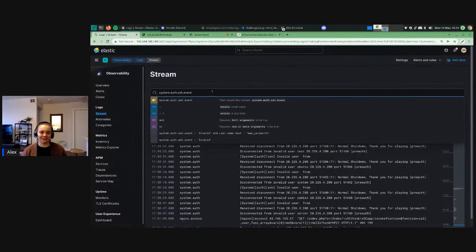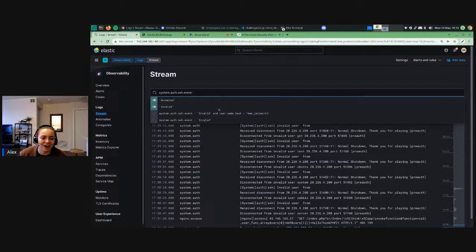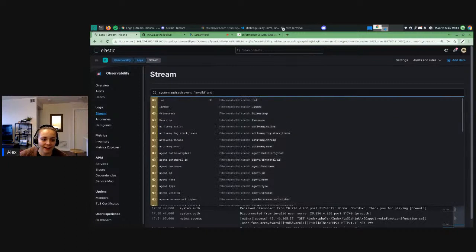So I talked about how there's a system auth SSH event. This is what I used to get it. Someone pointed out you could probably just query the name. I didn't really think of that, but that's also totally valid. In a similar way to how I was grepping for invalid SSH attempts in the physical log that I gave you guys, I am doing the same thing here. I'm grepping for invalid and,